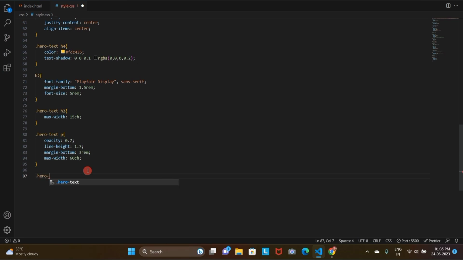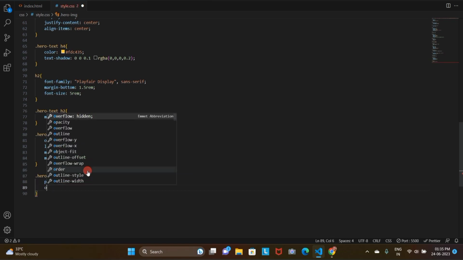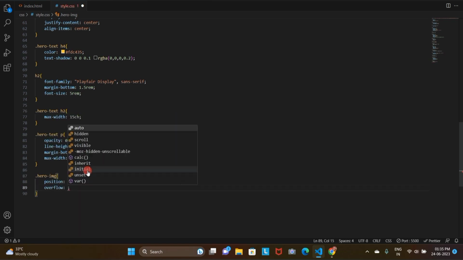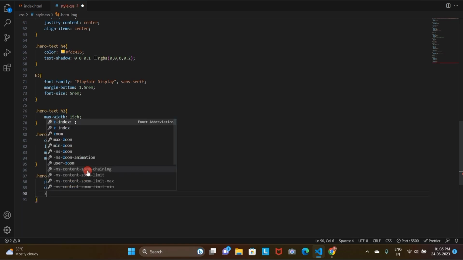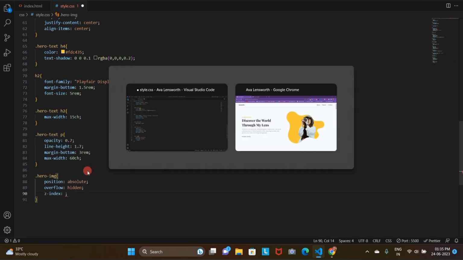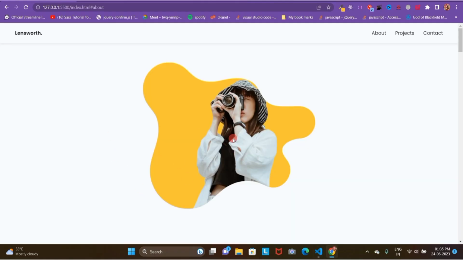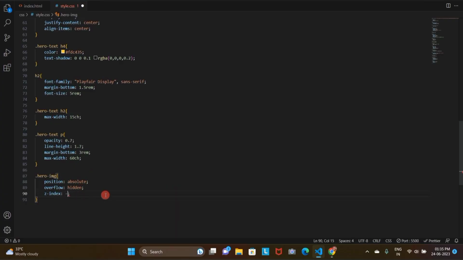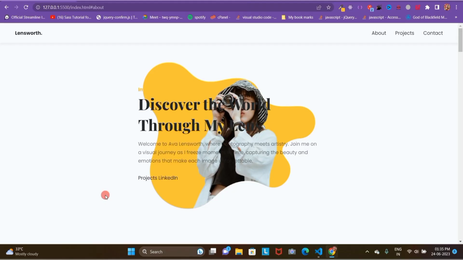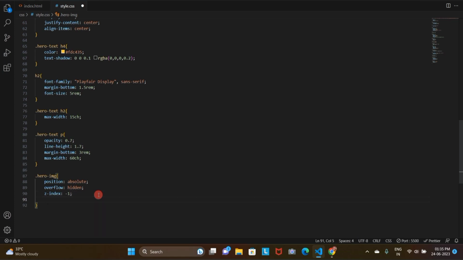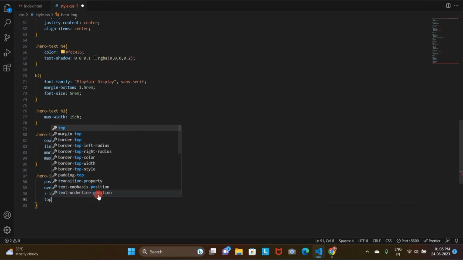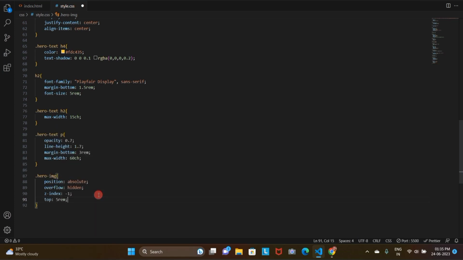Now let's style our hero image and let's position this absolute. Now when we position absolute, we also would add overflow to hidden, since we don't want it to overflow. Now if you see the project, you would see that the image, the text is nowhere seen. Now the reason for that is because the text is hiding underneath that. So I'm going to add a z-index of -1, which would bring the text at the top, and then would